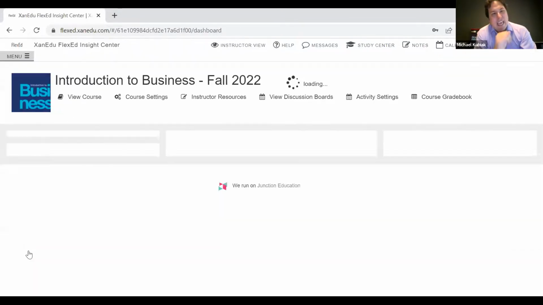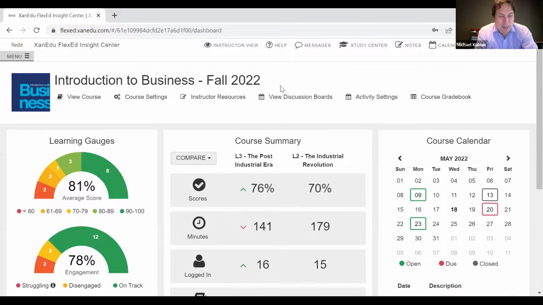We found this Insights tab to be a really powerful piece for instructors. In addition to the gradebook content, this dashboard gives you a sense of, we populated it with some sample student data here, but you get a couple really powerful learning gauges around not just student mastery and scores, but how engaged they are in the platform and where they're spending time. And if they're spending their time, but just struggling to score well, that's a really important data point for you as the instructor. So we try to make sure this is really user-friendly data for you. We know that as business instructors, you love actionable data. So that's our goal, to provide that here through this kind of insights dashboard.